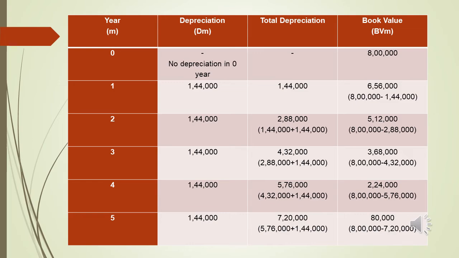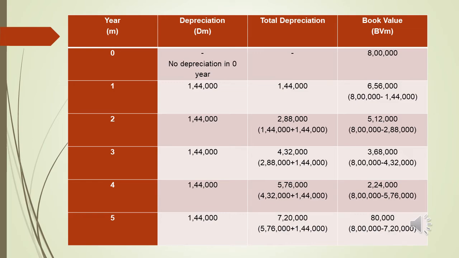Now coming to the book value, we have calculated for first year already. That is 8 lakh, the book value of 0 year, minus total depreciation of first year. That is 8 lakh minus 1,44,000. That will give me 6,56,000. Now I have to calculate book value of second year. So how will I calculate? That is 8 lakh book value minus 2,88,000. What is 2,88,000? It is total depreciation of second year. So if you subtract that from this value, you will get